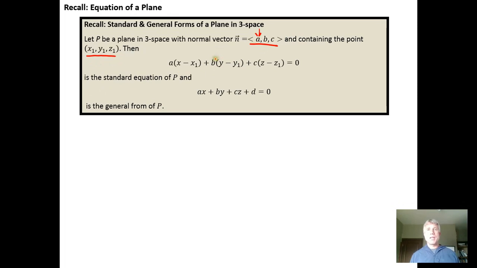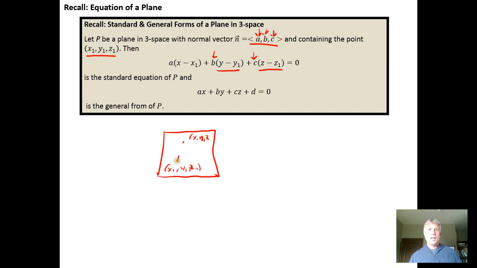x sub 1. The second component of the normal vector gets multiplied by y minus y sub 1. The third component of the normal vector gets multiplied by z minus z sub 1, and this is set equal to 0. And what we want to remember is the main concept was that if we had a point in the plane, which is given by x sub 1, y sub 1, z sub 1, any other point is going to be an x, y,